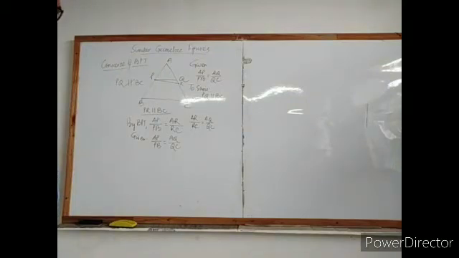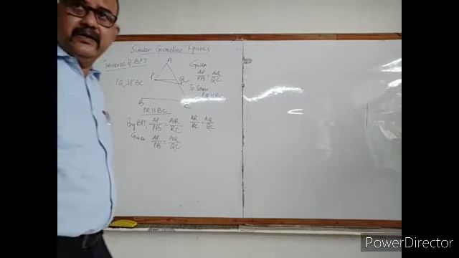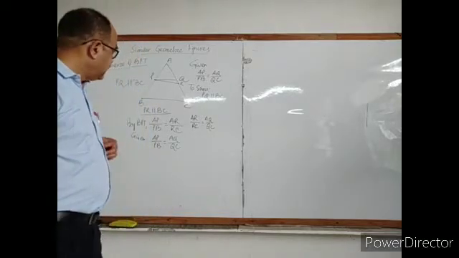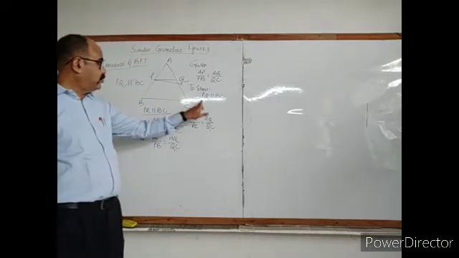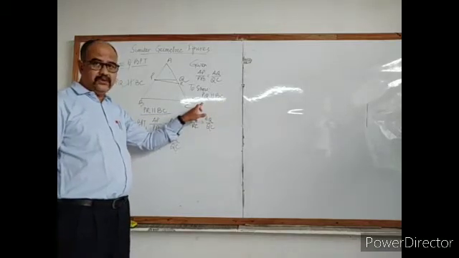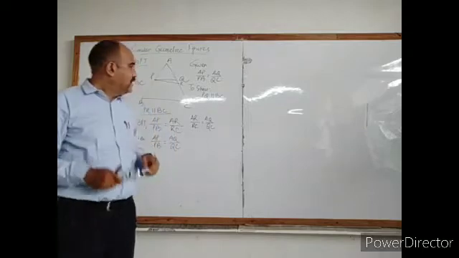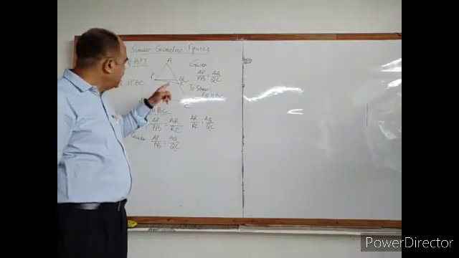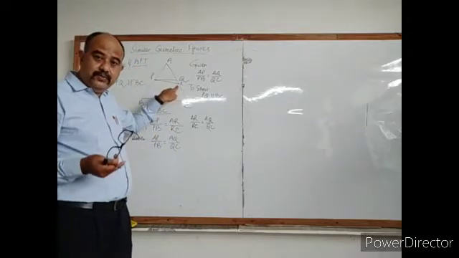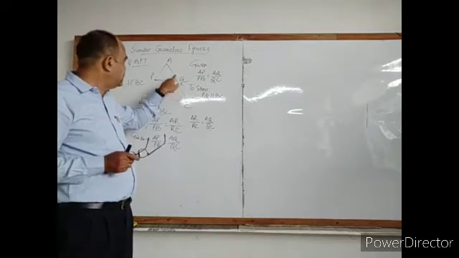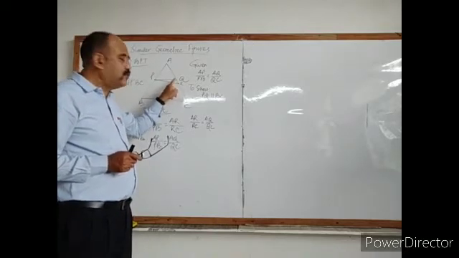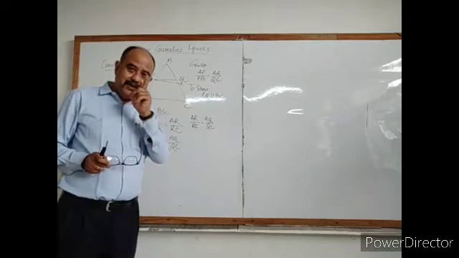Yes or no? AQ by QC. Then we have to show PQ parallel to BC. That means, if we have to show PQ parallel to BC, then what we are going to show is that, what we have assumed, that R is a point other than this Q, we have to show that these two points are not different, but they are the same point.